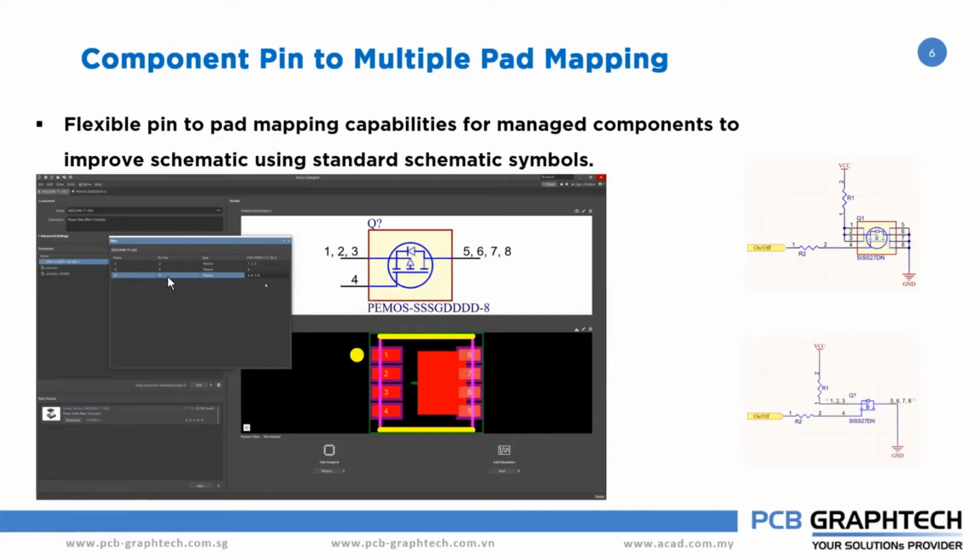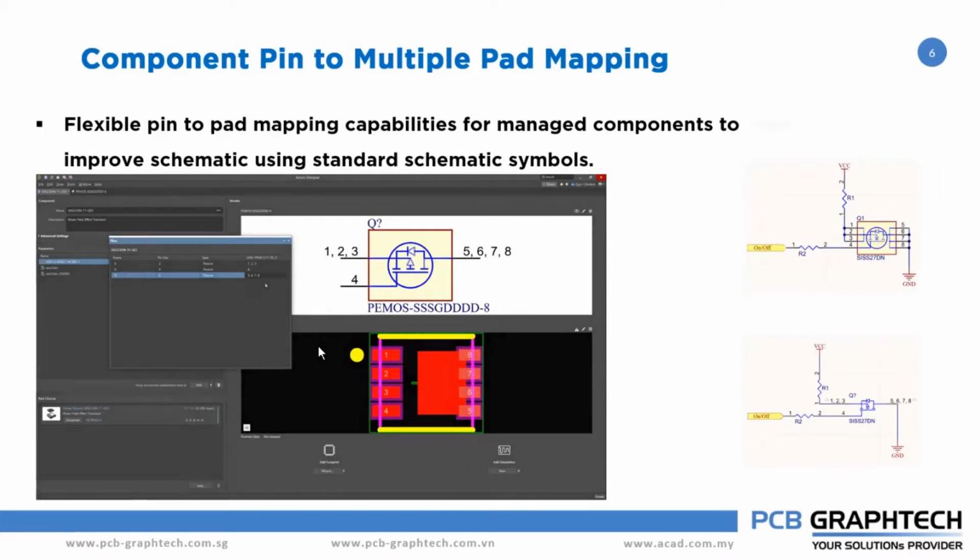The main advantage is we can use cross probing to link the pin from the symbol to the footprint in your PCB. For example, I have pin 1 here in the schematic, mapped to 3 pads, 1, 2, 3 in my footprint. When I want to check whether it is properly connecting to pad 1, 2 or 3, I can do the cross probing from the schematic. It will highlight the corresponding pads inside my PCB, so you can also do the cross check. Okay, this is a very good feature we have in 21.